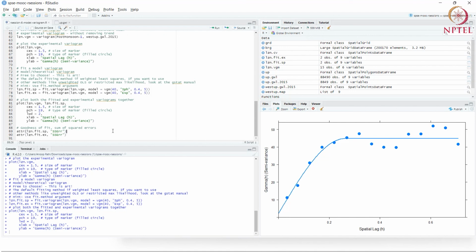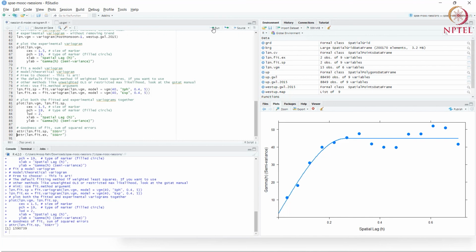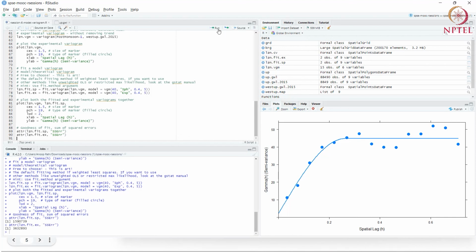But we would like a quantitative measure for goodness of fit. One measure that sometimes people use is the sum of squared errors for the weighted least squares that was used to fit the function to the points. For the spherical, it is something like 159.0739, and then the sum of squared errors for the exponential one is 363.